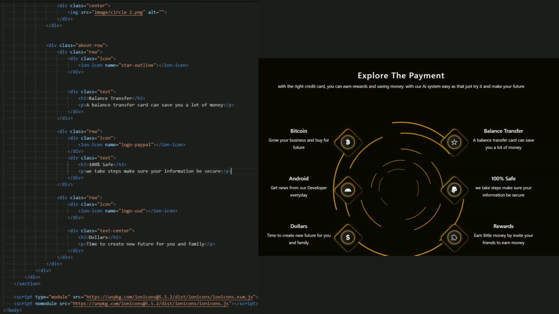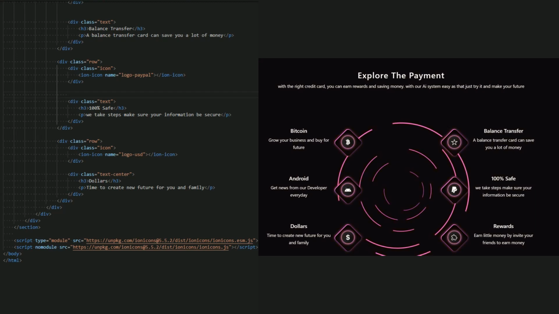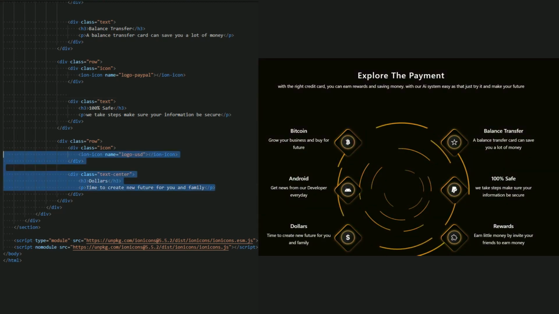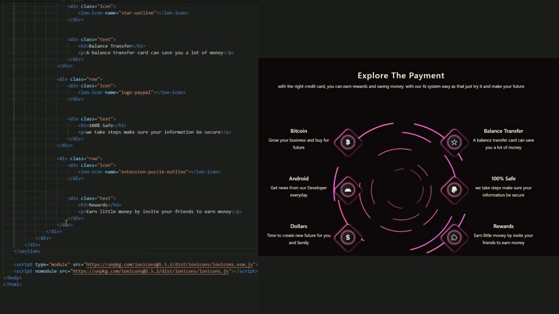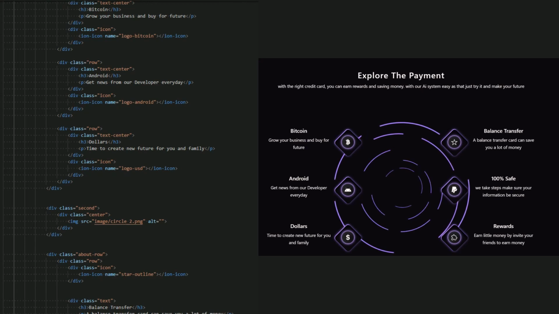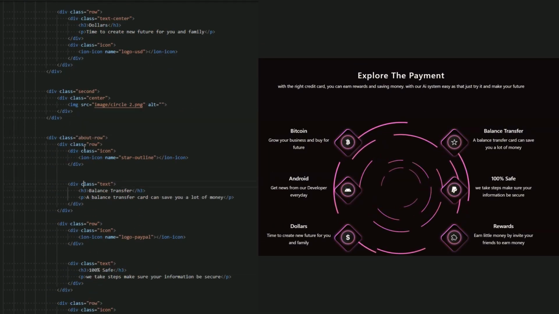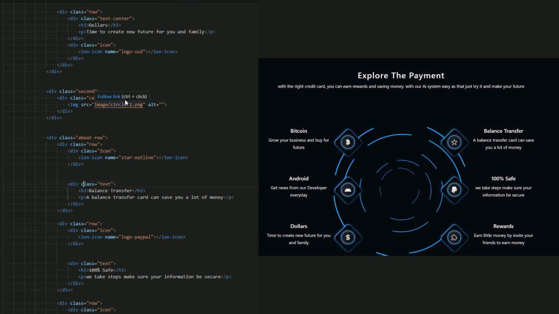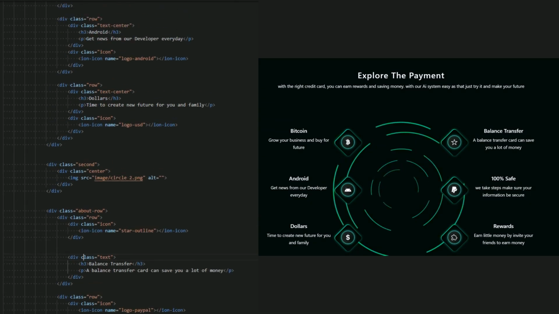Yep. And the last one for this icon. Okay, guys, here we go. And yep, I think everything is set, guys. This is the first box of the about row with the icon and text, and this is the second box of the about row, and this is our image in the center of these two boxes. Okay, and we're going to check if we get any problem with HTML and CSS, guys.